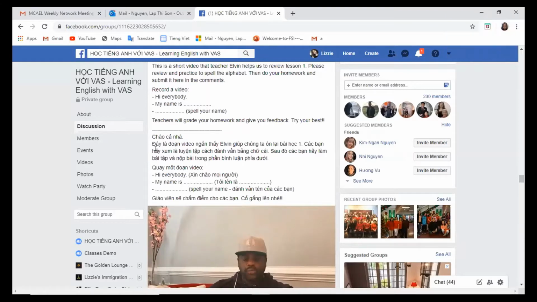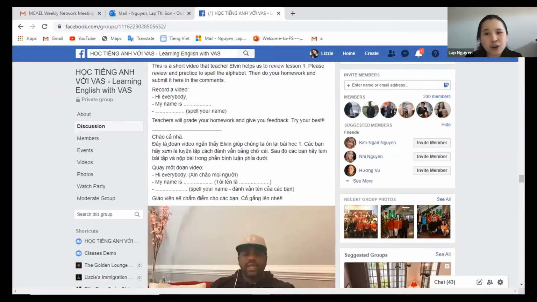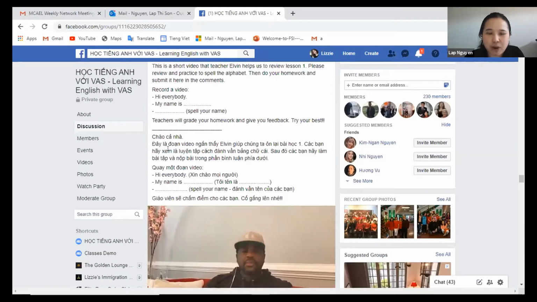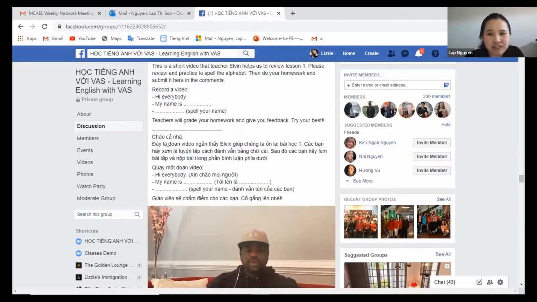So can you use things like the whiteboard from Zoom? Yeah. When you live stream it, you can use all the functions from Zoom. You can use the whiteboard. You choose to share the whiteboard. You choose to share the screen. Whatever you want to share, they will go directly right here.